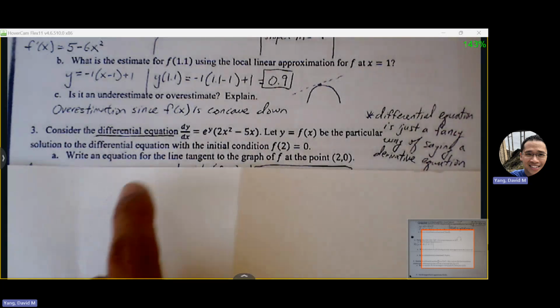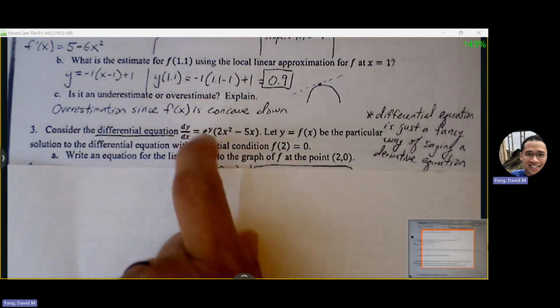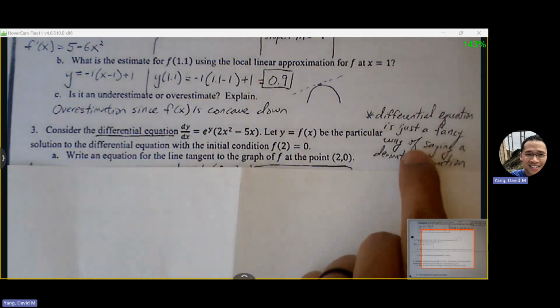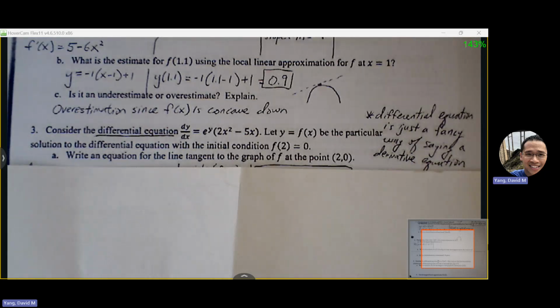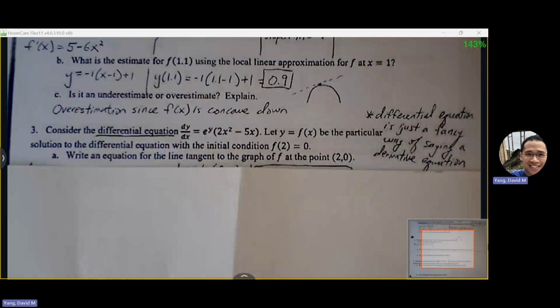Consider the differential equation dy dx equals e to the y times 2x squared minus 5x. Now, this sounds complicated, differential equation, but differential equation is just a fancy way of saying it's a derivative equation. It's just some derivative equation where if you give it enough information, in return, it'll give you a number, and that number is going to be the slope. So it's just kind of like f prime. It's just that it may look a little bit more complicated because it has y's and x's in it. But we learned from the last unit with implicit, right, that as long as we give it enough information, we can still find the slope just like any other